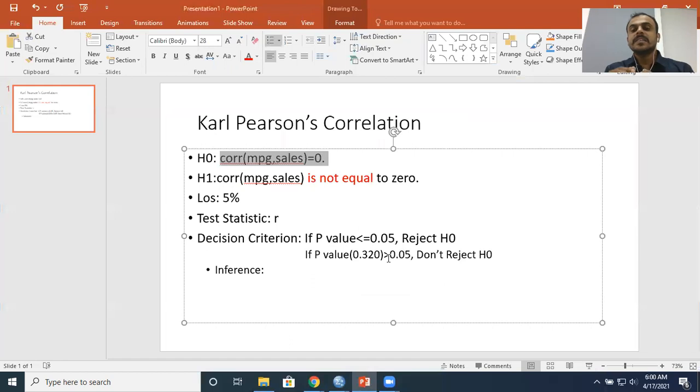But I still cannot say that this is the final analysis, because there are four important assumptions. The last of the important assumptions is bivariate normality. I repeat, bivariate normality you have to check, because unless the variables are approximately normally distributed, your statistical significance and such things cannot be done appropriately, right?